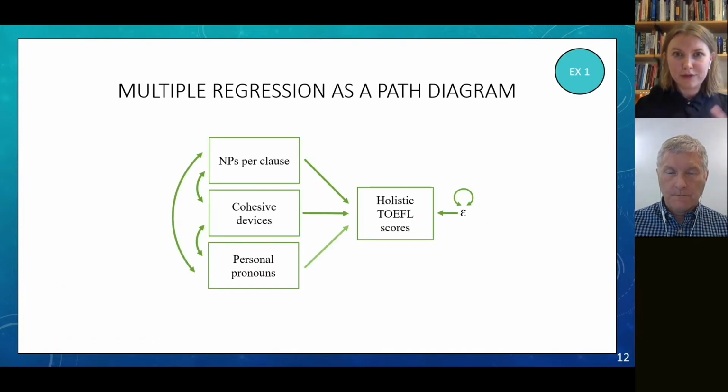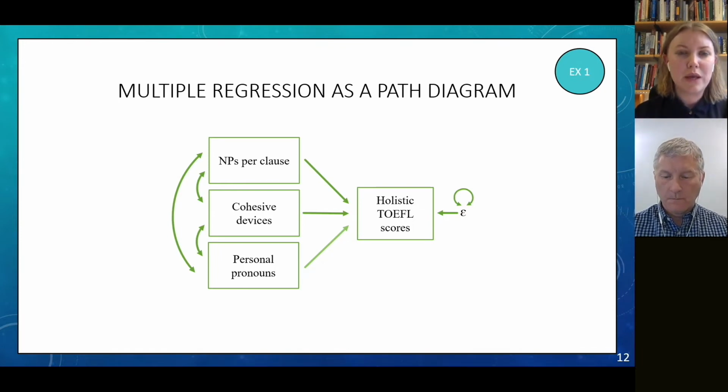Okay, so again, just to bridge the gap between the different frameworks, we have multiple regression, and what would that look like in this framework? Just to show you that, if we have a multiple regression model, and we're going to be returning to this in exercise 1, with 3 independent variables, noun phrases per clause, cohesive devices, and personal pronouns, just to give an example here, and 1 dependent variable, holistic TOEFL scores.